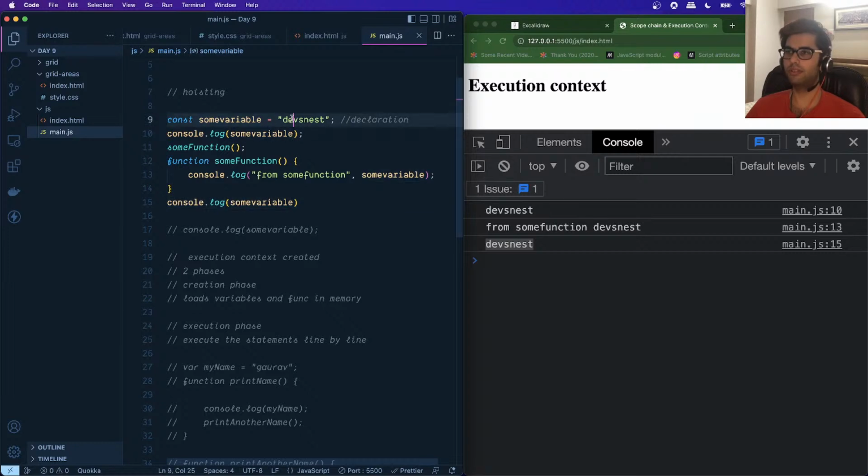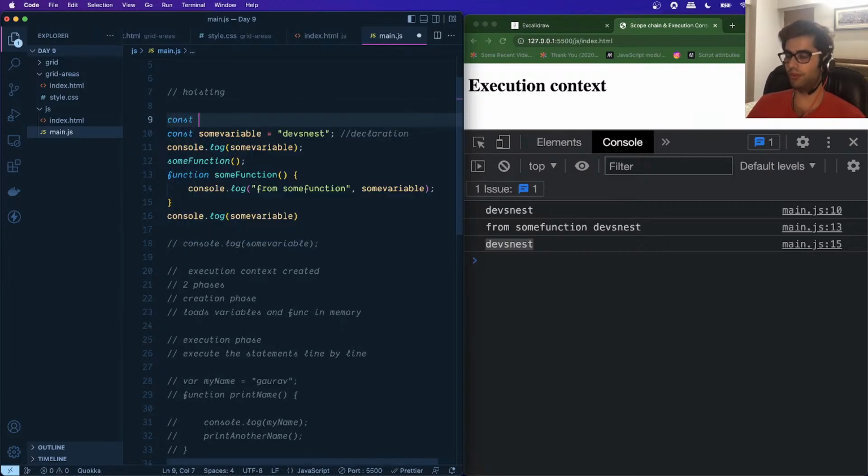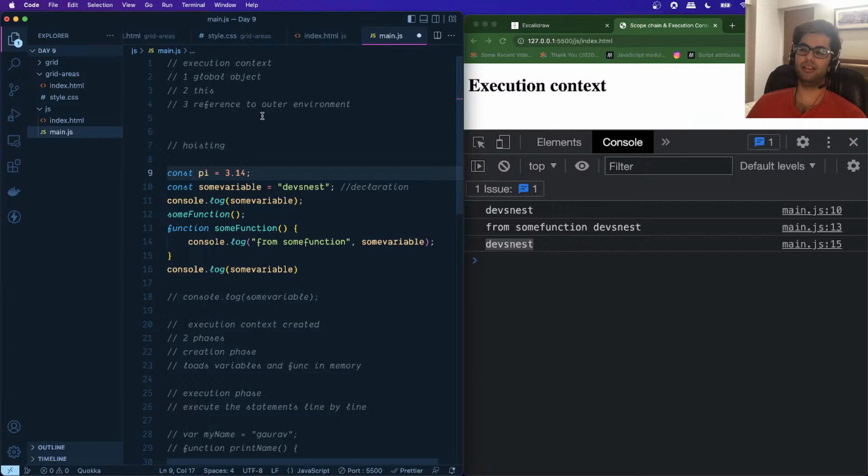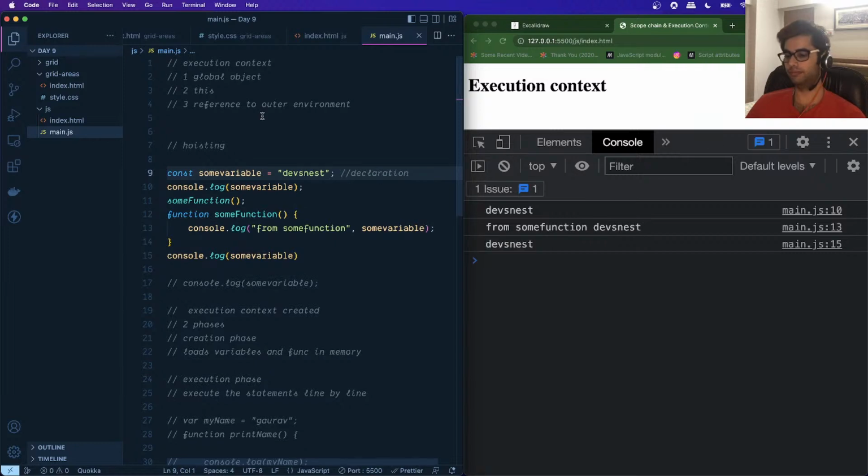And const is for constant values. For example, you want to use the value of pi for some calculation, so you can define that as const, right? Because this value will remain constant. And it has some performance benefits as well in JavaScript when you declare a variable as const, right? We'll not go into the details for that, but yeah, that is the difference between let and const. And I even showed you where you guys can use var, and the issues with the var declaration type. Okay, so